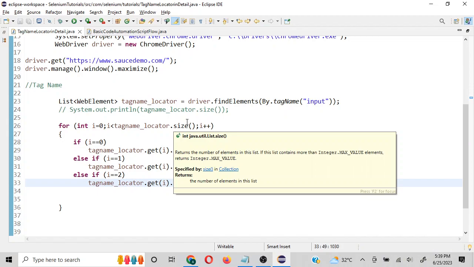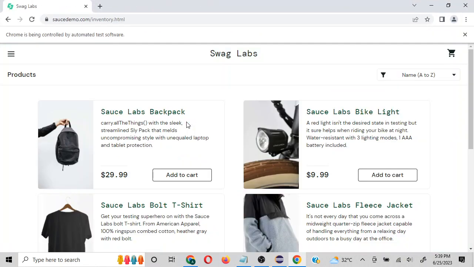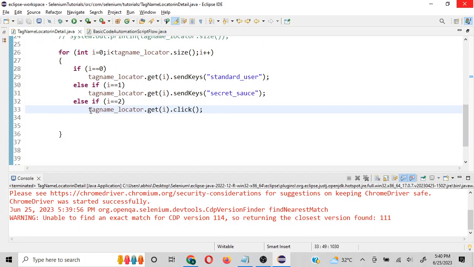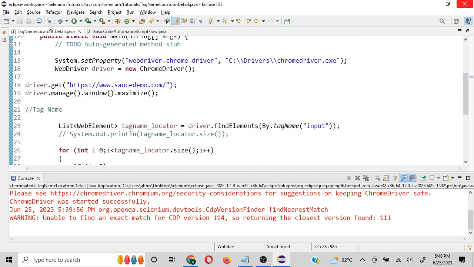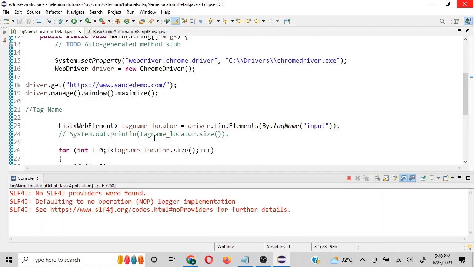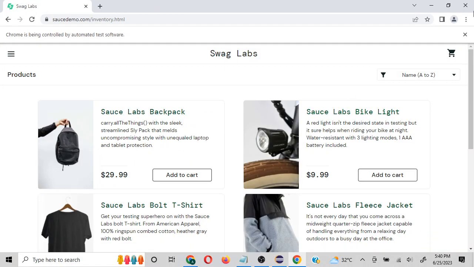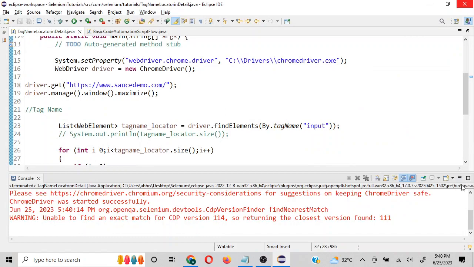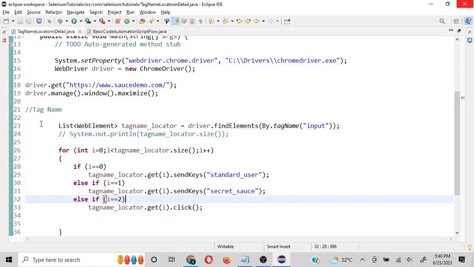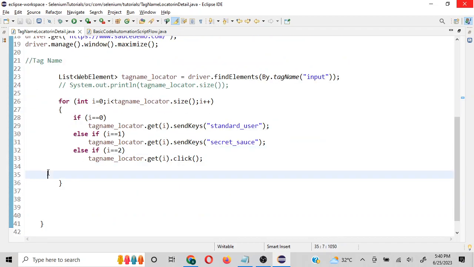I'll click on run, and as you can see, it entered the username, password, and then our page is loaded correctly. Or you can put a wait statement here, or I'll just quickly run this again to show you. See, username, password, and then clicked on login. Okay, so this is how we can work when we are working with a list of web elements. Now this was one way of using tag name. Now the second way is,